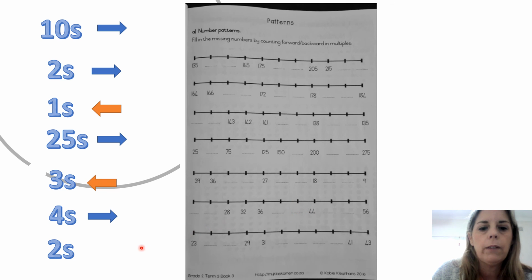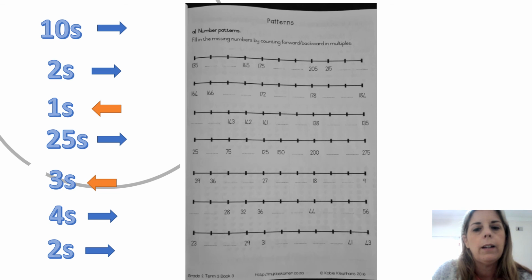Right, the next pattern, I've accidentally allowed 2 to come along, so let's just have a look. We're counting forwards in 2s, and we can see 29 to 31 is 2 more, so we're counting in 2s in the last pattern. Alright, you can go ahead and fill in the missing numbers there, and I will see